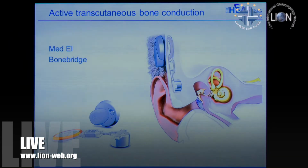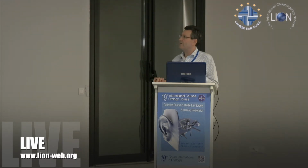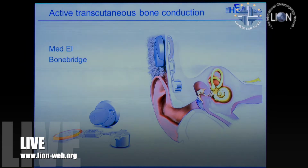So the other currently available system is the active transcutaneous one, because of trouble with managing the percutaneous fixture. If you've got a percutaneous thing, they do require frequent care. We describe it as like having an extra tooth. You've got to look after it. And the incidence of infection and flare-up and needing treatment is very real. So the transcutaneous systems avoid that, but the problem with the transcutaneous magnetic attract ones is that there is a